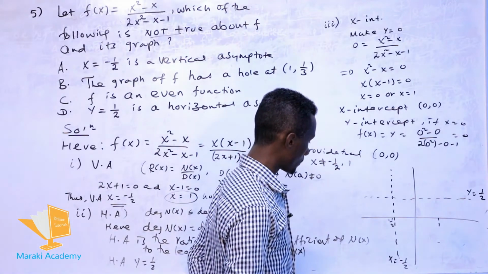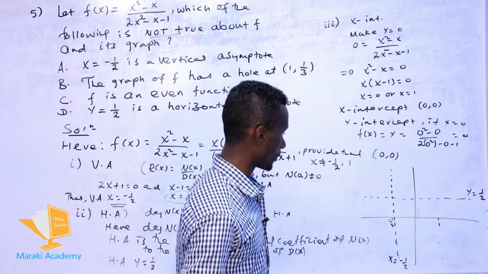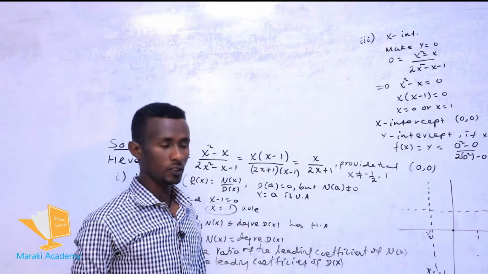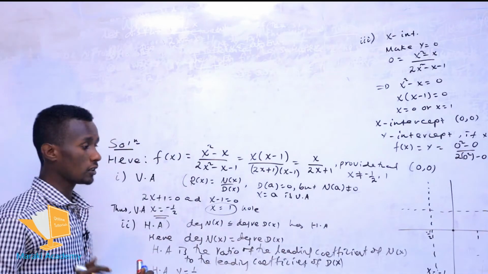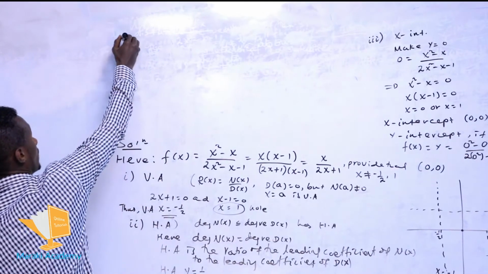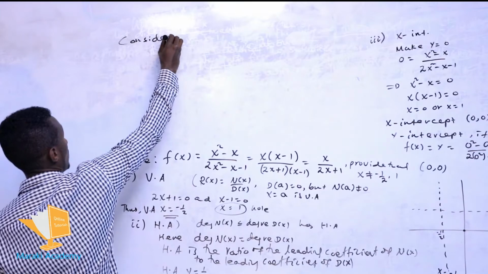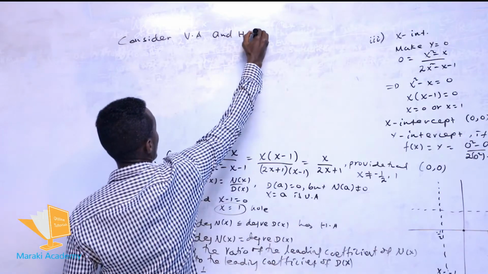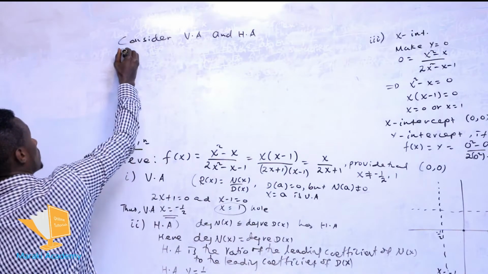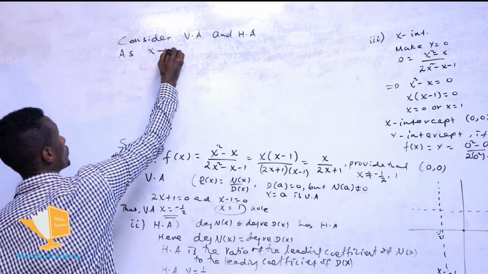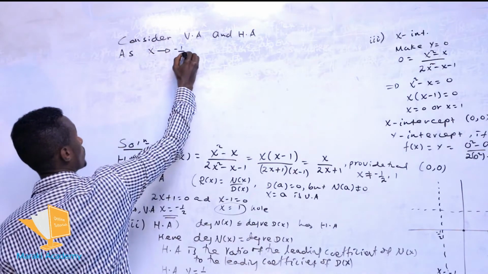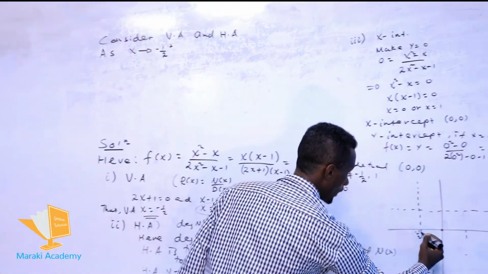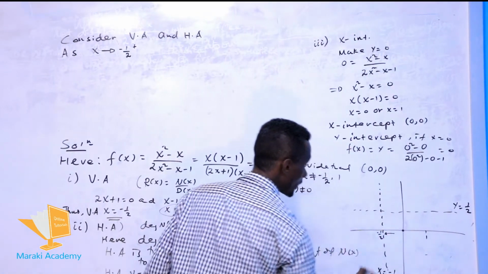So we have this. Then አሁን ዳይሬክሽኑን ነው ዲተርማይን የምናደርገው። ስለዚህ የግራፉን አቅጣጫ ለመወሰን የቨርቲካል አሲምቶቱንና ሆሪዞንታል አሲምቶቱን ኮንሲደር እናደርጋለን። Just try to consider the vertical asymptotes and horizontal asymptotes. ያ ማለት as x is approached to -1/2 by considering the vertical asymptotes, x value ወደ -2 approach ሲያደርግ የግራፉ ምን ይሆናል ነው።